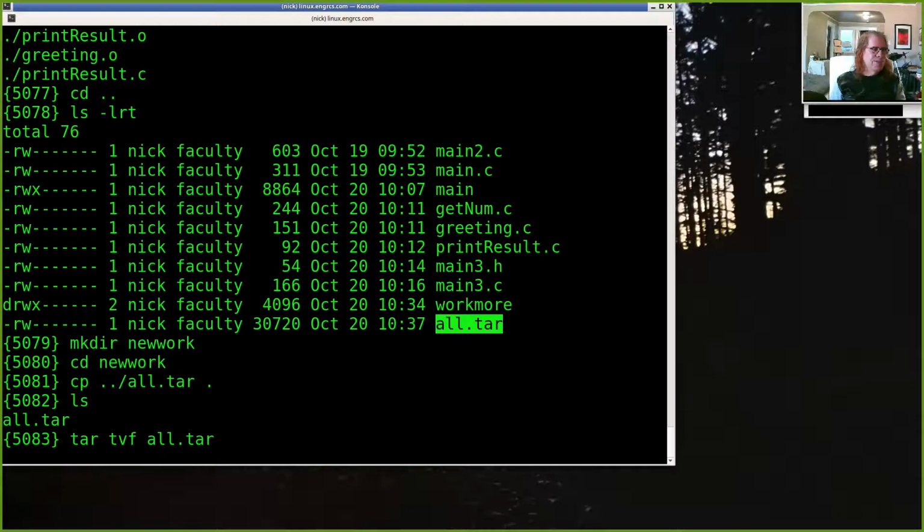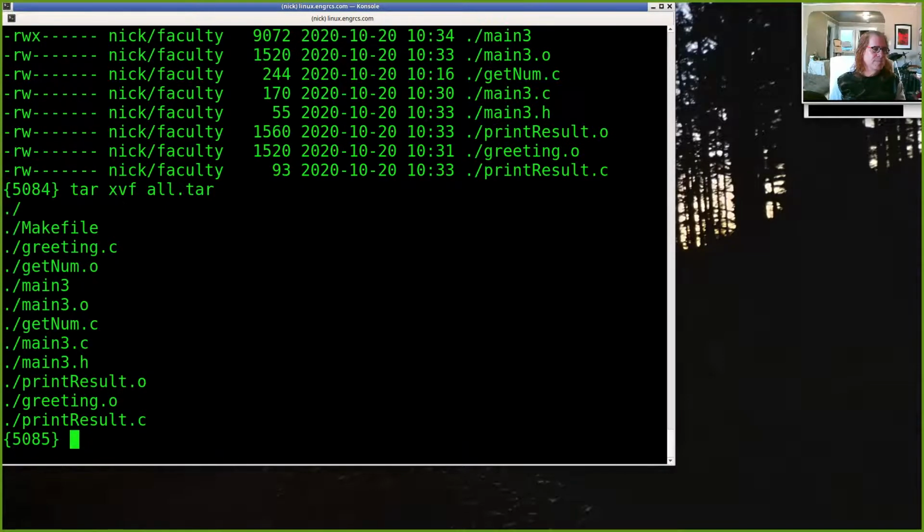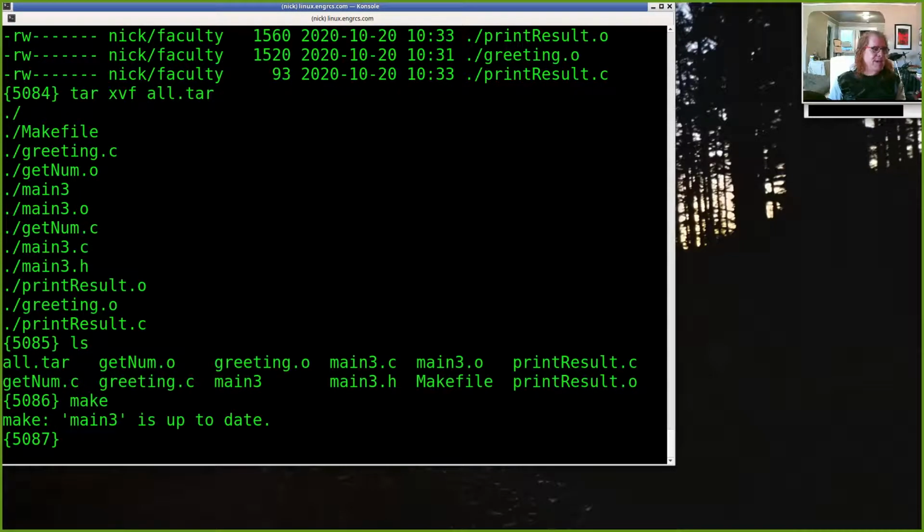So we can look at the contents, so tar tvf, and there's what's in there, so I can extract this. And bingo, I've got a copy of all your work, right? And I'm sitting on a Raspberry Pi, right? And so I want to run your code, and so I say make, and it tells me main3 is up